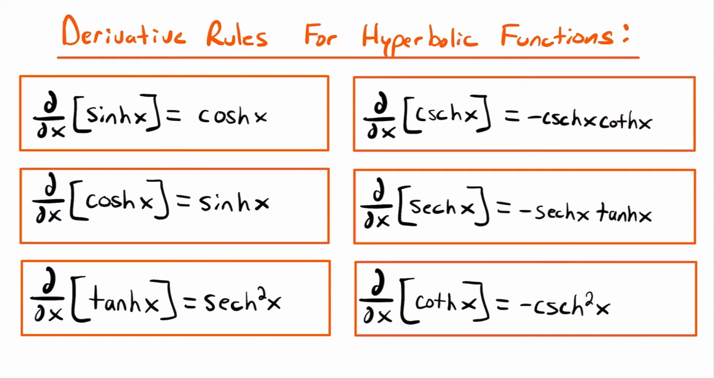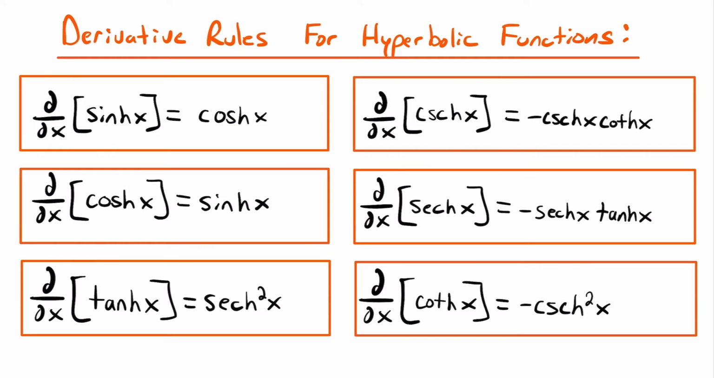And so maybe you notice that there's some similarities here between the derivatives of these hyperbolic functions and the derivative of the normal trigonometric functions, right? We know that the derivative of sine is cosine, just like the derivative of hyperbolic sine is hyperbolic cosine, and we know that the derivative of tangent is secant squared, and here we have the derivative of hyperbolic tangent is hyperbolic secant squared. And so there are some similarities between the derivatives of the trig functions and the hyperbolic functions,